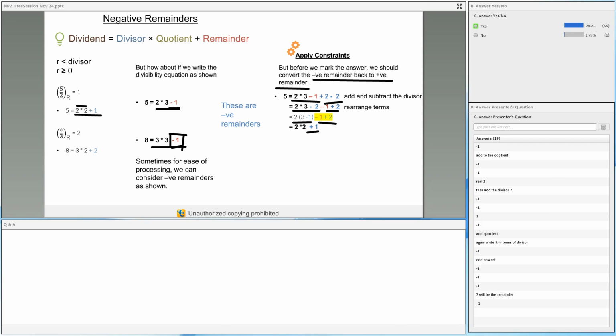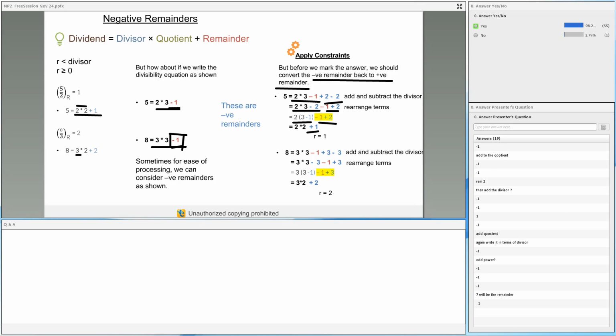So the crux here is, you don't need to go through all this rearrangement. This is just for your understanding, and you'll have the slide to understand it once again. All I'm trying to tell you is that there is a way to manipulate it, and once you do, you'll see that even if I have a negative remainder, the way to convert it back to a positive remainder is to add back the divisor. The same is shown for the next question. If I add plus 3 minus 3 and rearrange the terms, I end up with minus 1 plus 3, which gives me plus 2. So even if you have a negative remainder, like minus 1 to the power 49 giving minus 1, just add back the divisor to get the positive remainder. Here I'm dividing by 3, so I add 3 to minus 1 and get my remainder as 2.